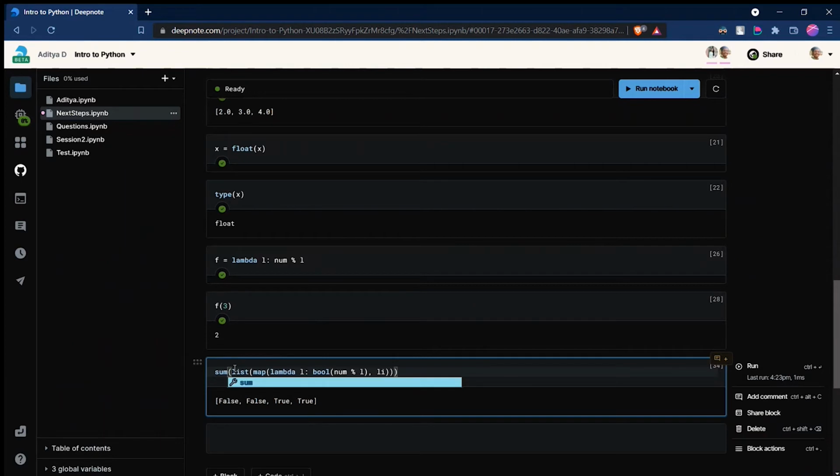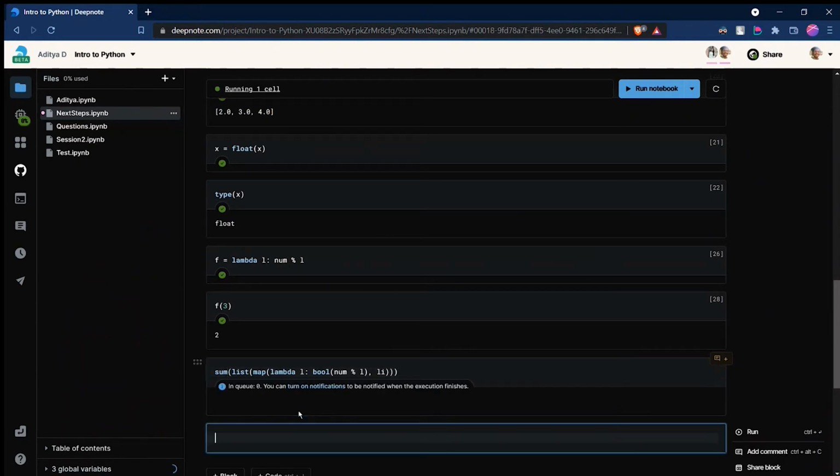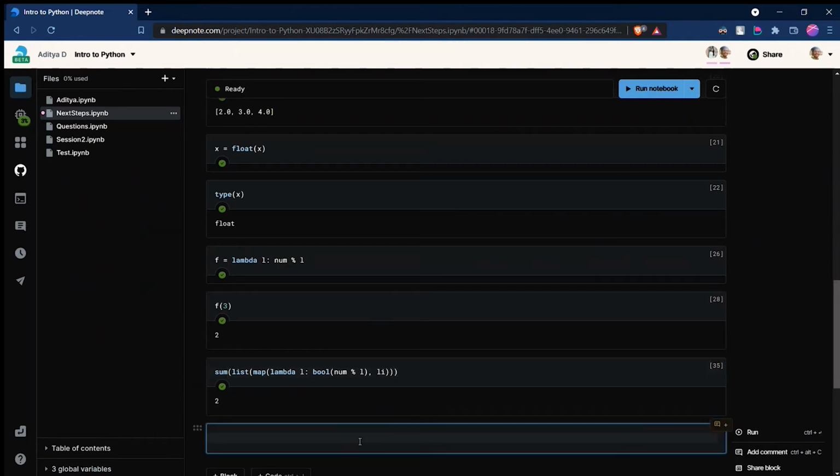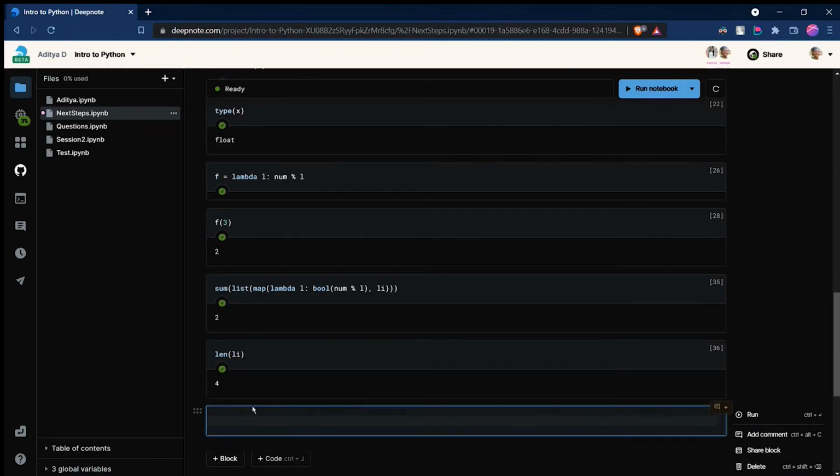Python code is preferably not written in this long order with multiple brackets, but for the current functionality, what I'm teaching you today, we are trying to make things in one line. I'm showing you how things can be done in a single line. So now that we see sum is 2, but we are comparing this to the length of the list, which is 4.